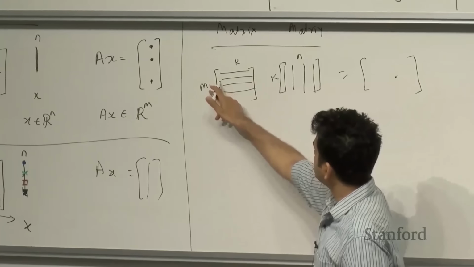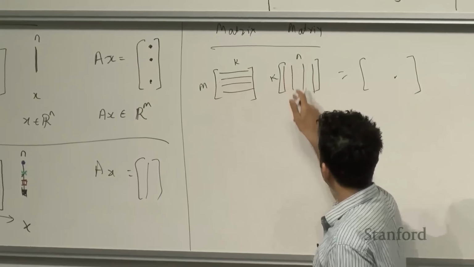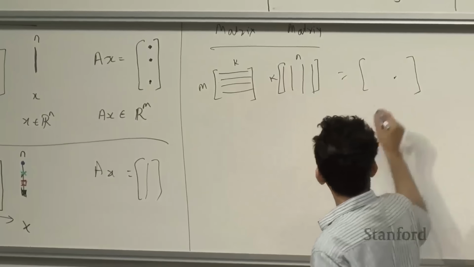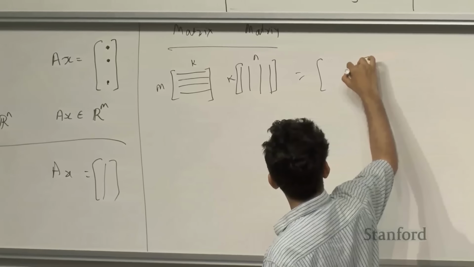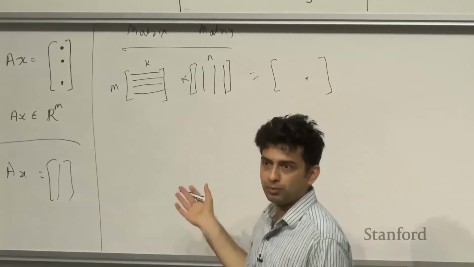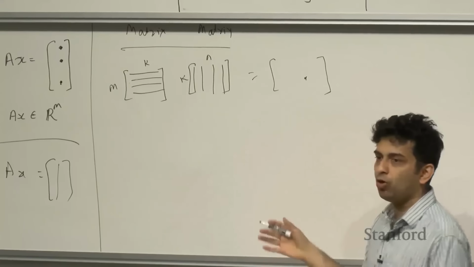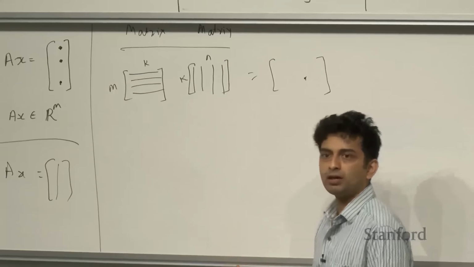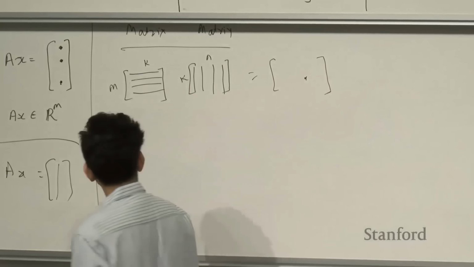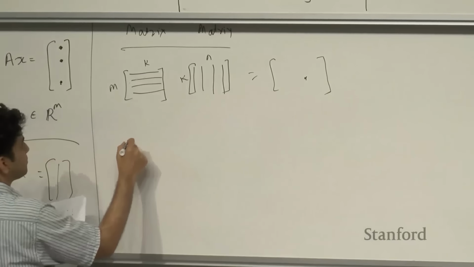So pick the second row and the fourth column, do the inner product, and that is the second row, fourth column of your output matrix. So matrix multiplication is essentially a whole bunch of inner products that you're doing concurrently in parallel. You can also